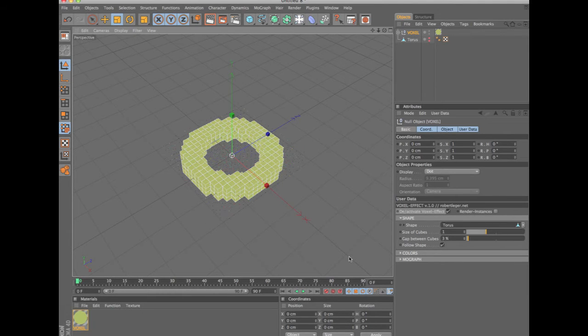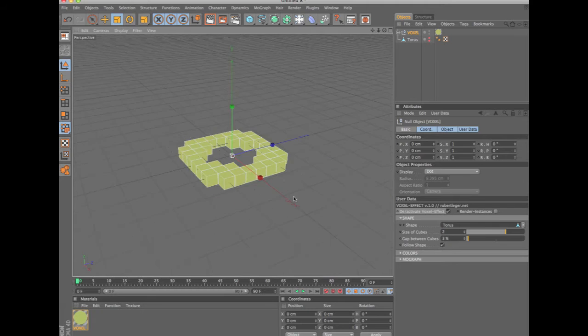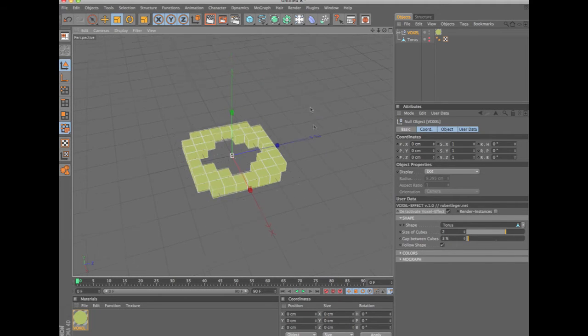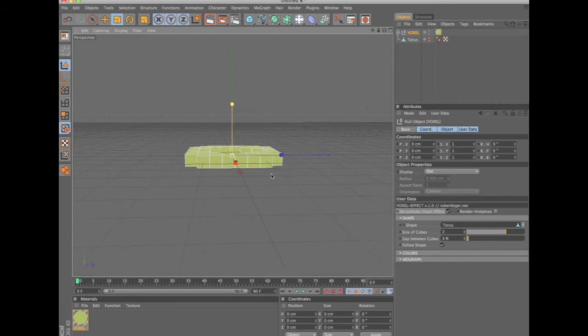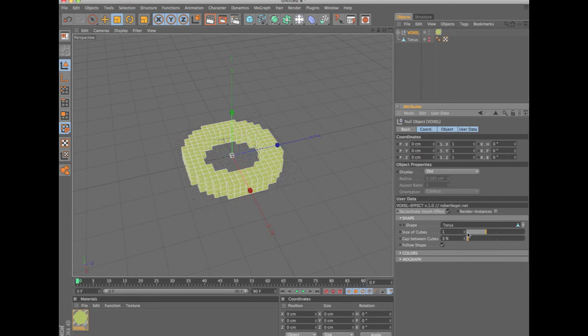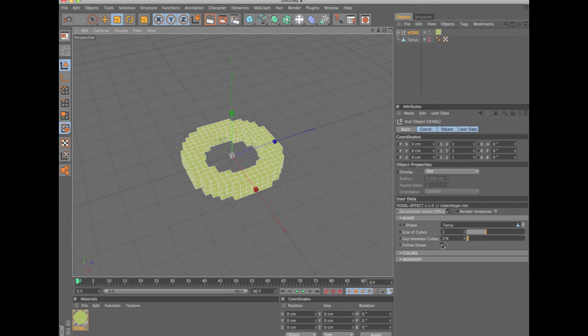So that was that. Next thing is the size of the cubes. You can only make the cubes half the size or twice the size. That is because you want to have them in the same matrix, right? If they were like 1.73 times the size, they wouldn't be in the same matrix like the other cubes. And obviously, the smaller the cubes get, the more performance is needed by your PC. So I will switch back to 1